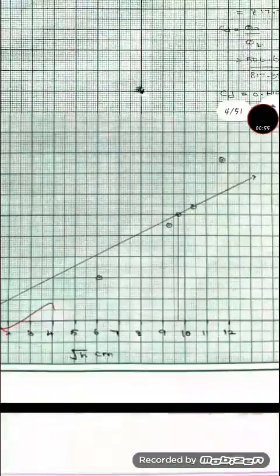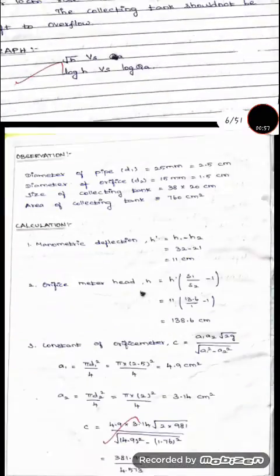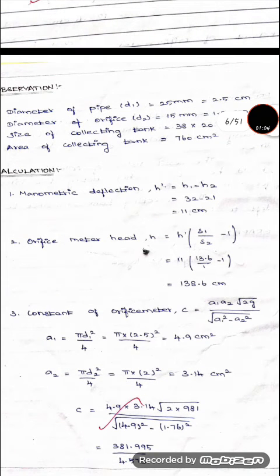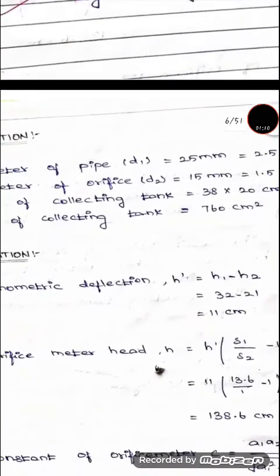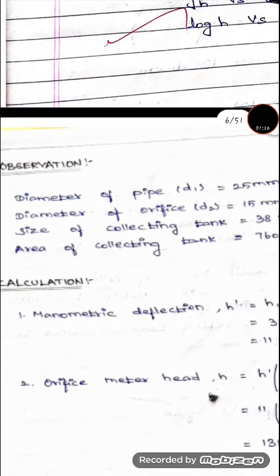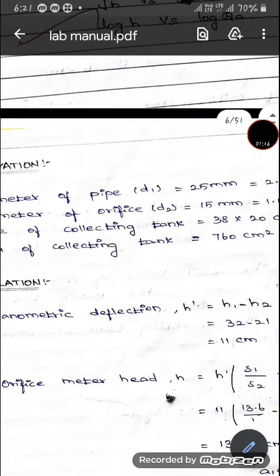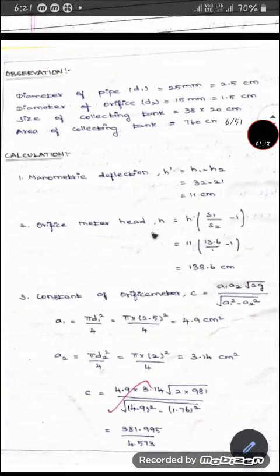We will discuss the sample calculation for the first reading. In addition to that, the diameter of the pipe and the diameter of the orifice are given as D1 and D2, and the size of the collection tank is also given. From the size of the collecting tank, we will calculate the area of the collection tank. Then the first reading,